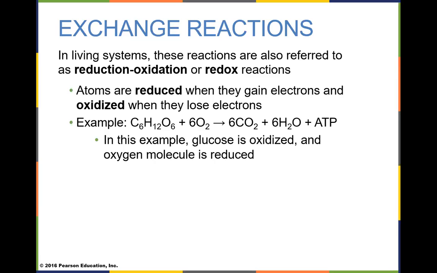It loses electrons. When you burn a log, you're releasing energy and you release electrons. Those electrons are going to get captured by something else. We don't like to have electrons running loose in the universe. So whenever we release an electron, it has to be grabbed somewhere else. And usually it's oxygen that's going to grab those electrons. So we say oxygen gets reduced because it's gotten more negative, it's gotten more electrons, and the wood or the gasoline has been oxidized. It's given off electrons that go to the oxygen.